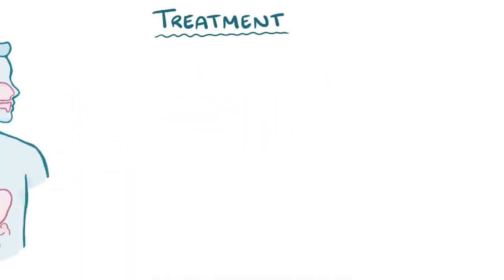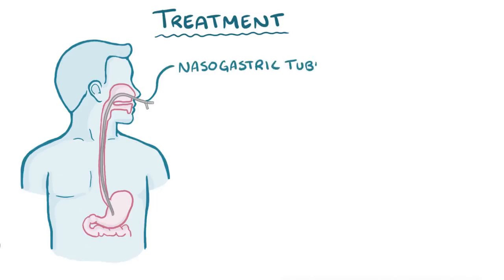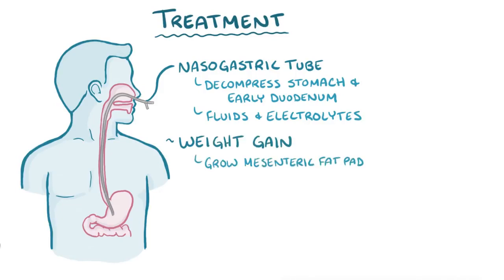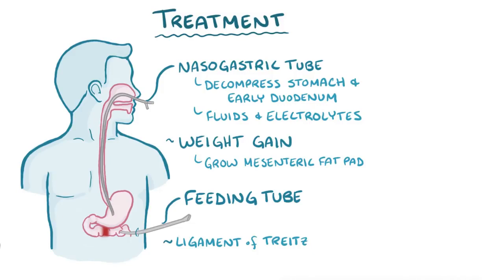Treatment of a small bowel obstruction includes inserting a nasogastric tube to decompress the stomach and early duodenum, as well as offering fluids and electrolytes. The major treatment for superior mesenteric artery syndrome is weight gain to help regrow the mesenteric fat pad. Sometimes that requires a feeding tube inserted past the site of obstruction. If the underlying problem is the ligament of Treitz, treatment could include surgery to allow the duodenum to move more